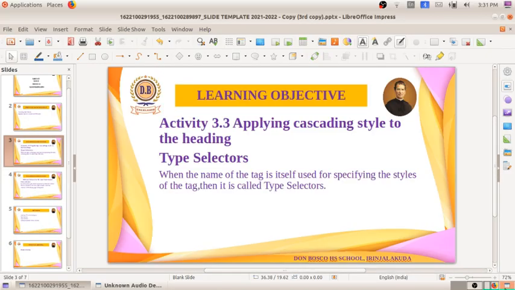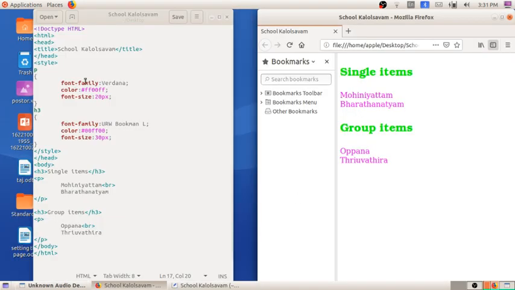Okay. But we have to give different colors to the paragraphs. For giving different colors, it will be difficult when we use the type selectors. So we have to define these two items as classes. I am giving a class for Mohiniyattam and Bharatanatyam, and another class for Oppana and Tiruvazhira.